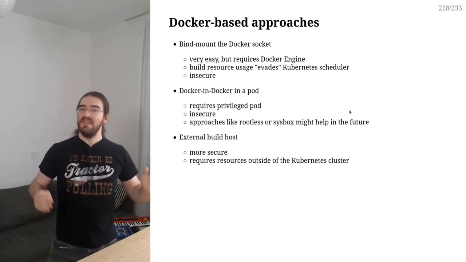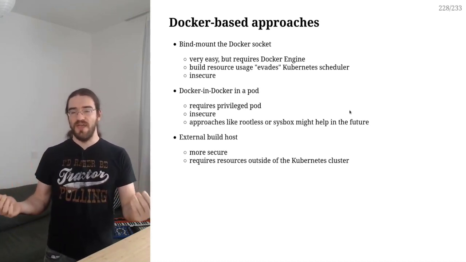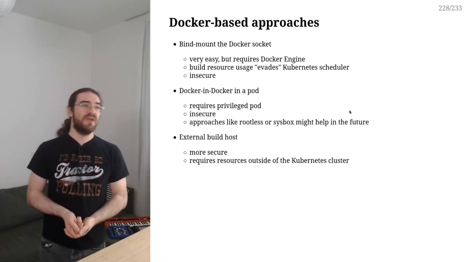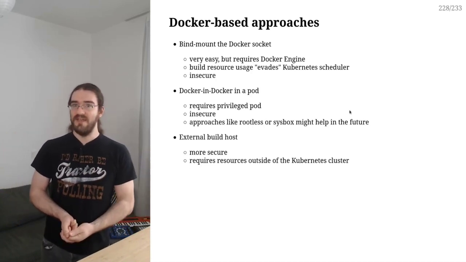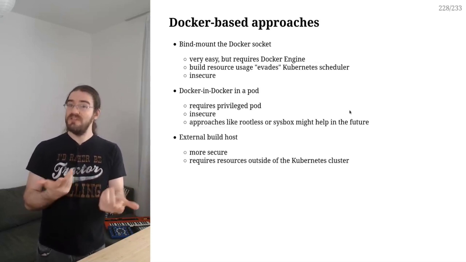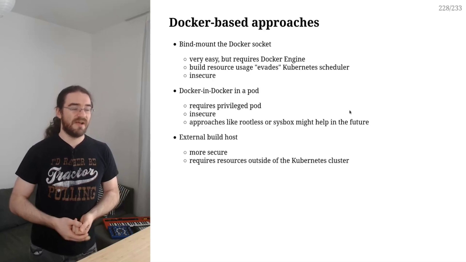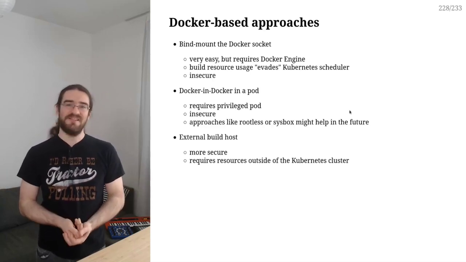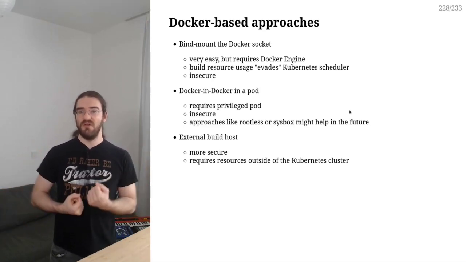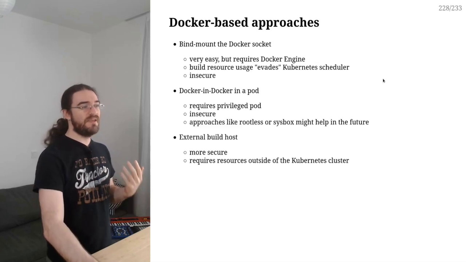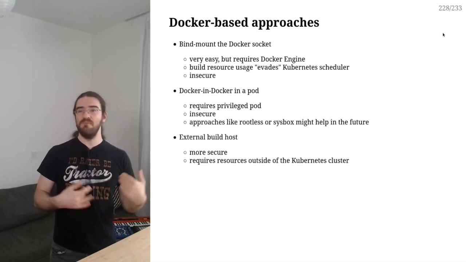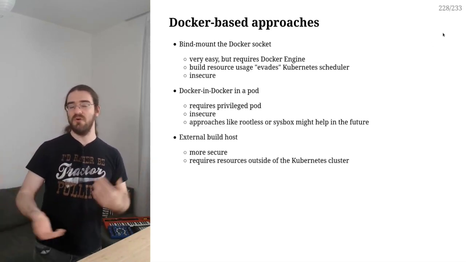Okay, first approach. If you are using a Kubernetes cluster that is using Docker as the underlying engine, you can bind mount the Docker socket. It's very easy, it's very cheap, it's pretty efficient in terms of caching, etc., but it's kind of a hack, honestly. First, it only works if you are using Docker as the underlying engine, and this is going to be a less and less frequent scenario as more and more folks are moving to containerd or CRI-O or gVisor